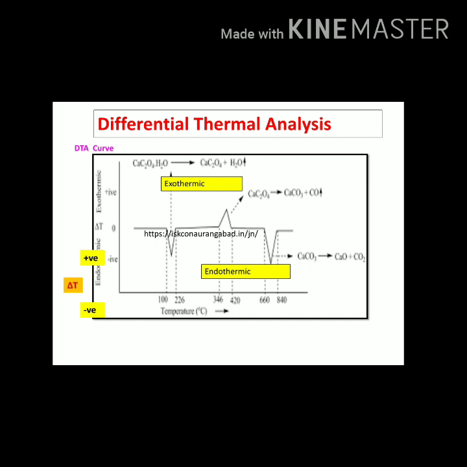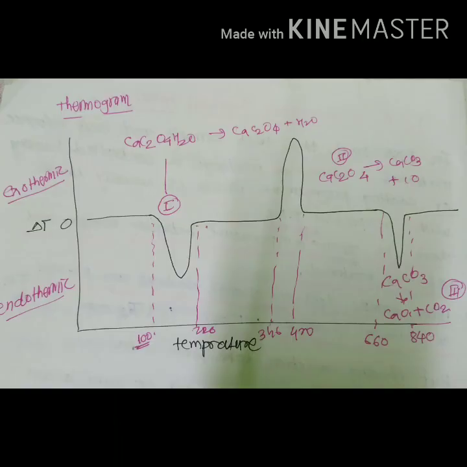When a chemical or physical change occurs in a sample, if the temperature falls to the lower side, that is an endothermic reaction, or if the temperature goes to the upper side with the heat released, it is an exothermic reaction. When calcium oxalate reaches 100 degrees Celsius, it loses a water molecule. So the DTA curve shows an endothermic broad peak, with delta T on the negative side.